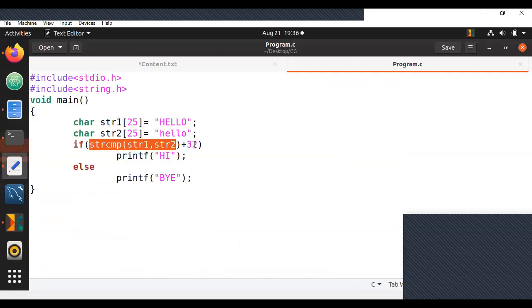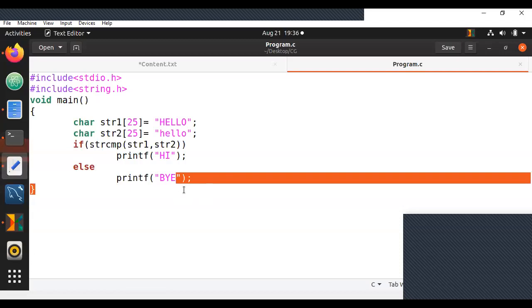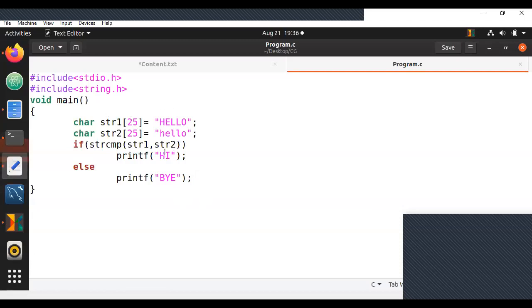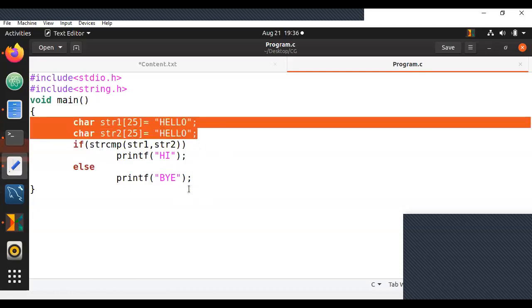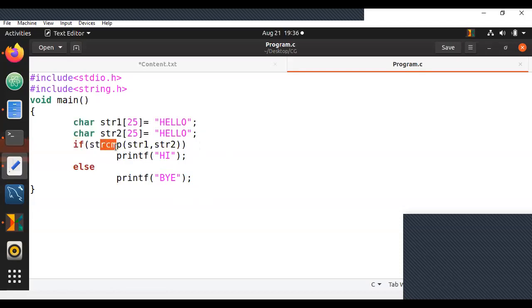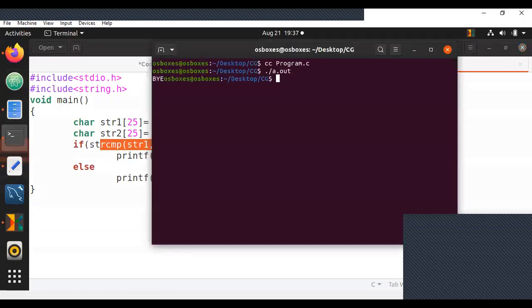Before doing this, if I just did strcmp, will it go to hi or bye? Before going for that question, let me go for this question because some of you are too confused. In this, will it go to hi or bye? So let me make it uppercase so that both are equal, not different. Both strings are exactly the same. So will it now go to hi or bye? You are comparing them. They are equal. Since they are equal, it will go to hi. Perfect. So if you compile this and execute this, it goes to bye.